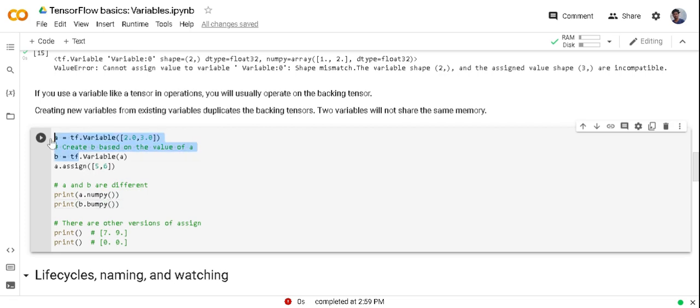If they both shared the same memory, both a and b would be the same after changing the value of a, but it is not, so the values of a and b are different.